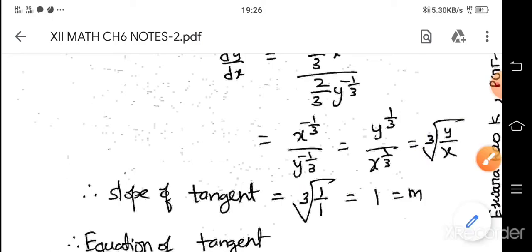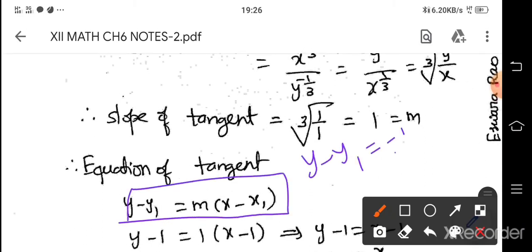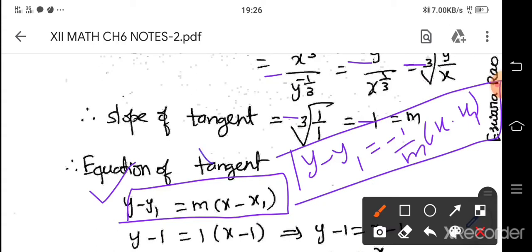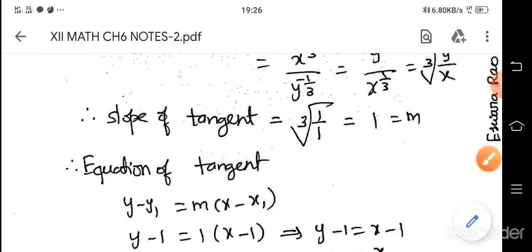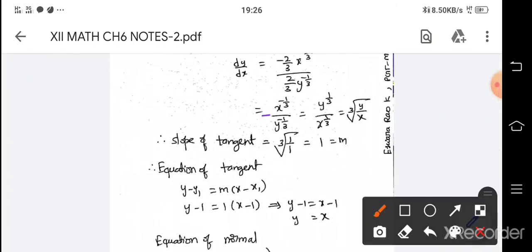Then with the help of that, use the equation y minus y1 is equal to m into x minus x1, and the normal equation is y minus y1 is equal to minus 1 by m into x minus x1, where m is equal to minus 1 because the minus is missing here. Using these two equations, you can find the equation of the tangent, and this is the normal. So try to go through it. With the correction you will have to do it. The correction here is minus.